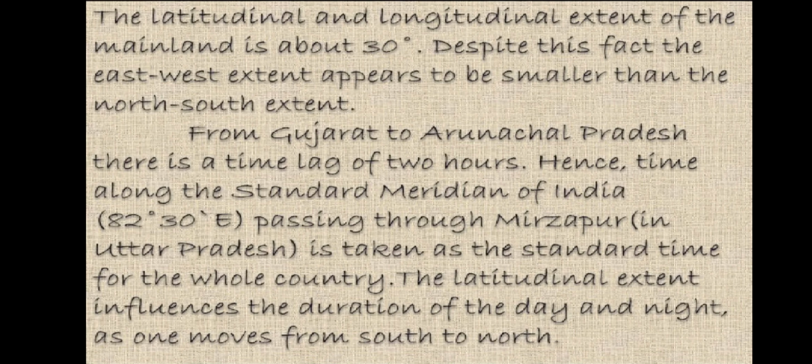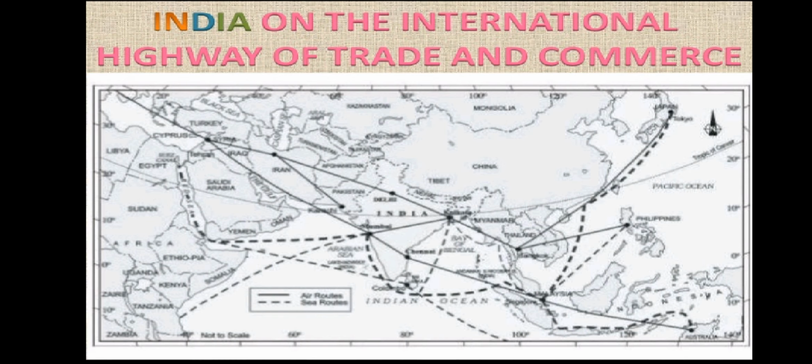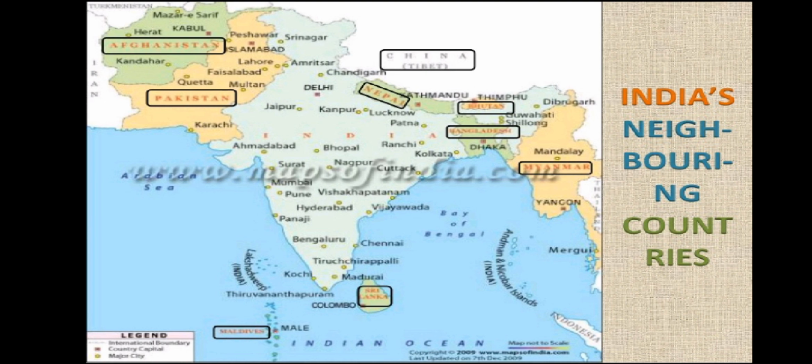Island groups of India which lies in its southeast is Andaman and Nicobar Islands. Island countries that are our southern neighbors are Sri Lanka and Maldives. Sri Lanka, it is divided by Pak Strait and Gulf of Mannar. On the other hand, Maldives, they are situated to the south of Lakshadweep Islands.